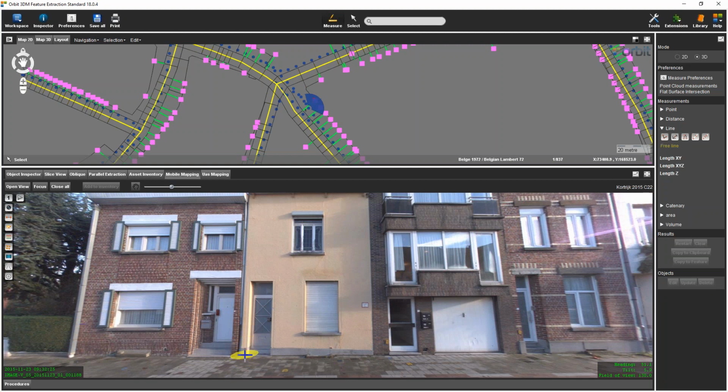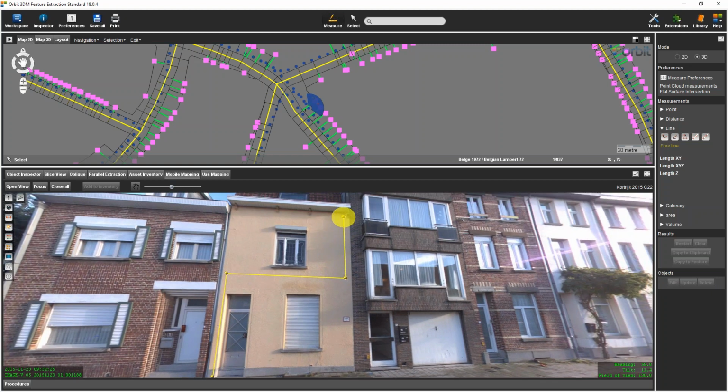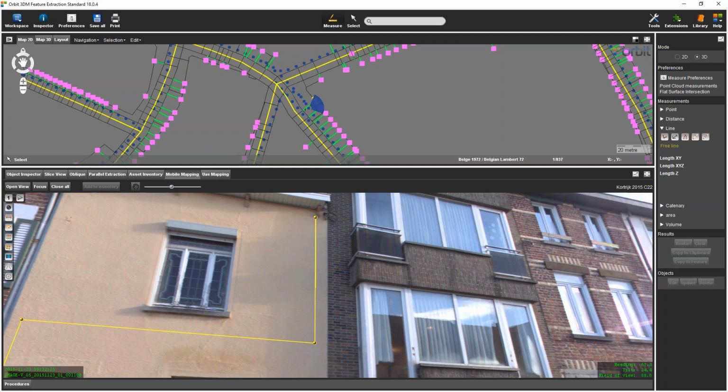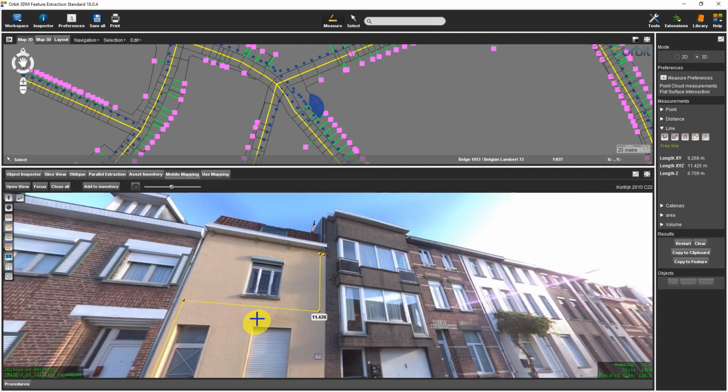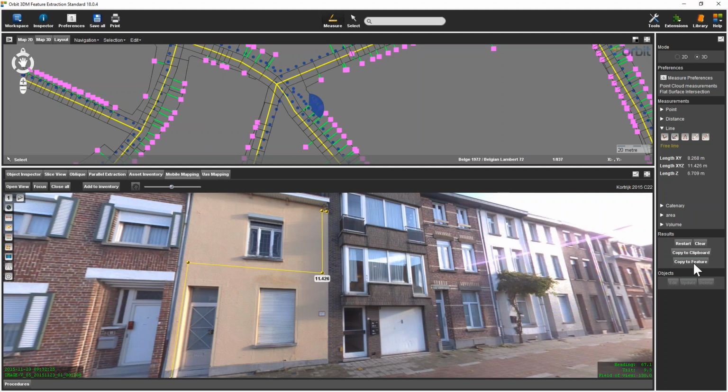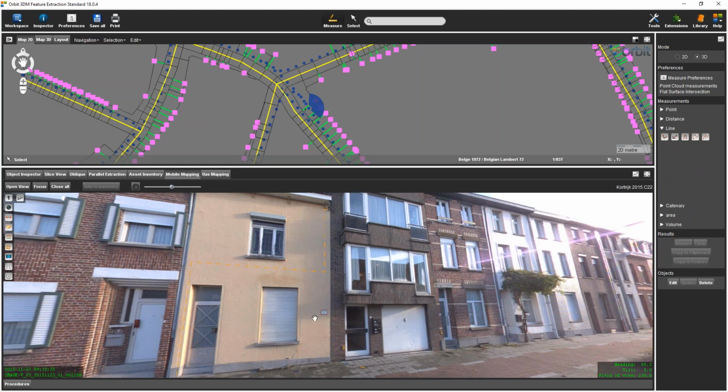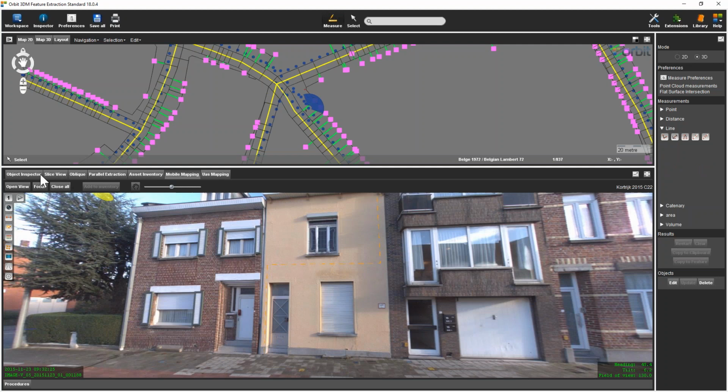For instance, if I take the example of a cable that needs to be put from here, I can just start here right away. I can click here, go to the next position, move a little bit up, maybe zoom in where I exactly need to be, and just end my line right here. So I get this information. I can just copy that to a feature, which puts it in a line feature class. But as well, I can make a snapshot of this and deliver that result,